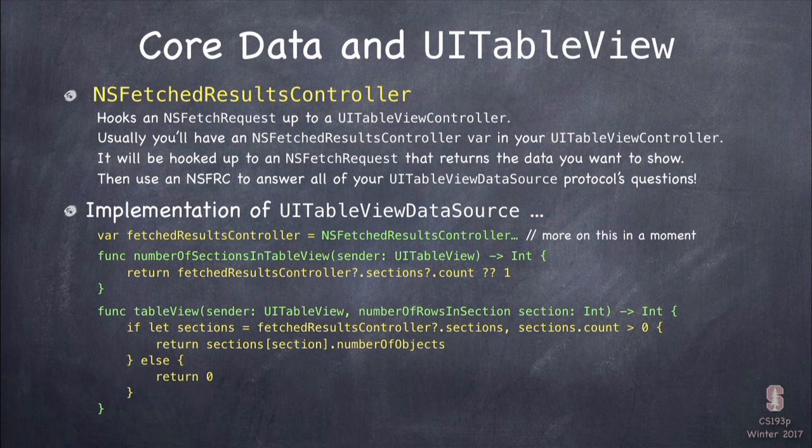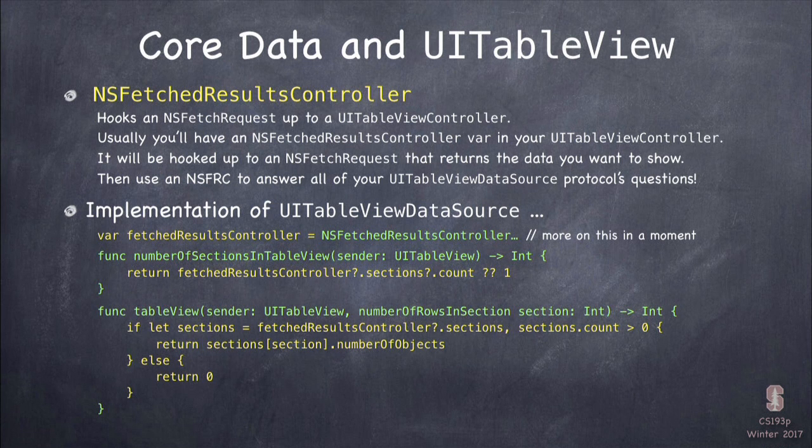Then to get the number of rows in a section, you get the sections first by saying fetchedResultsController.sections. As long as you have some sections, section count greater than 0, you return the sections in that section that's passed to you, numberOfObjects. That code is it. That's all of those two methods. That's the entire implementation if you're using a fetched results controller.